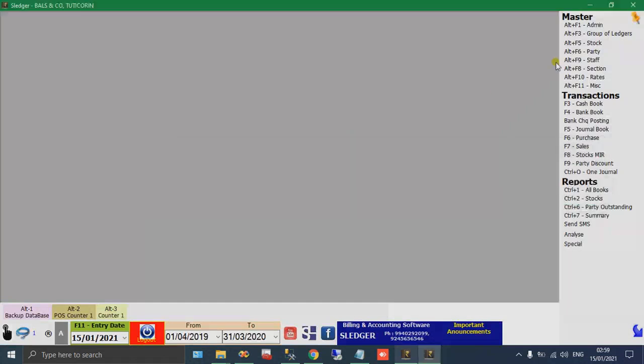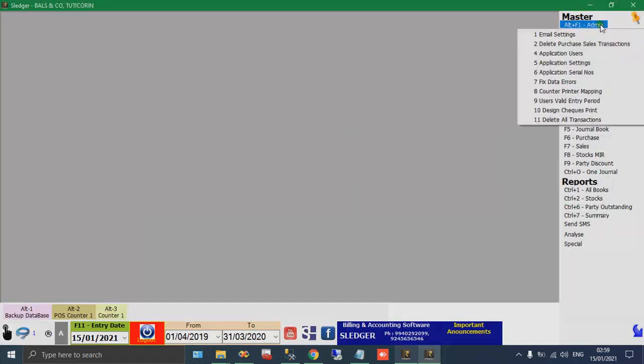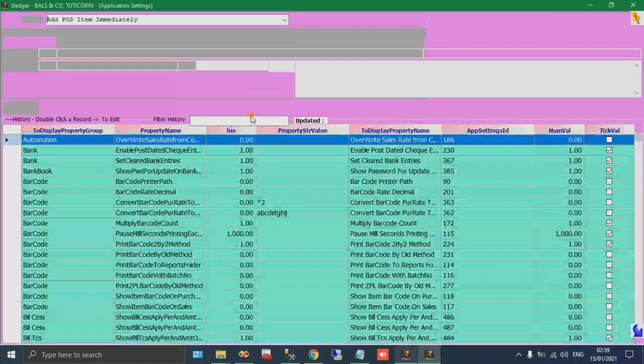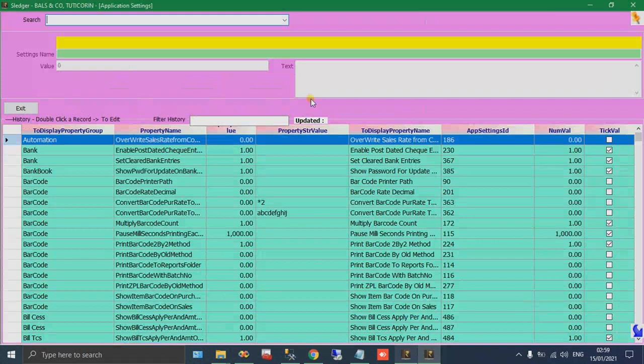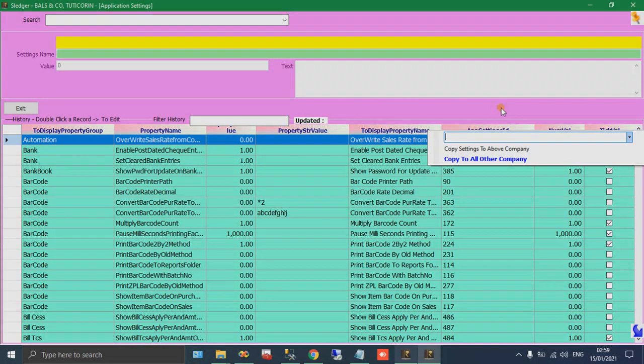What will happen from Balls and Co, all the settings will be copied to Everwin agency. Do not use this blue color one, this is not applicable to you. I just want to copy the settings from Balls and Co to Everwin agency. So I click copy settings to above company, the black one. I'm going to click now. Yes. Now the settings has been copied.